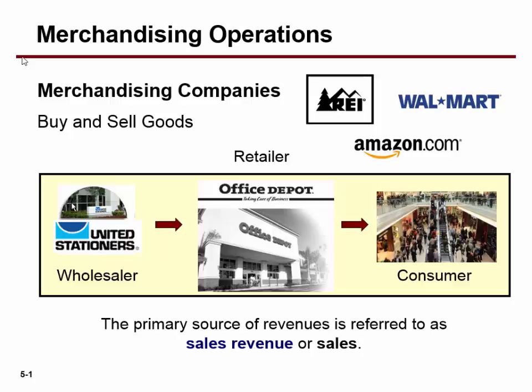So you have all of these different retail entities, which do not manufacture their inventory. They buy the inventory already produced, and then they sell it to somebody else. That makes it a retail entity. It's different than a service entity, which is what we were studying in Chapter 2. In 101B, you will study how we would account for things if we were a manufacturer, but we don't get into that in this class. We're dealing with retailers.